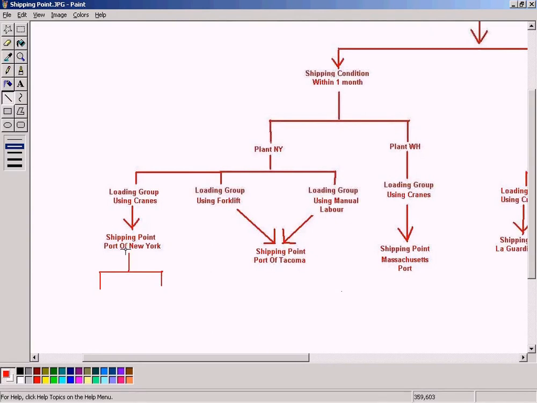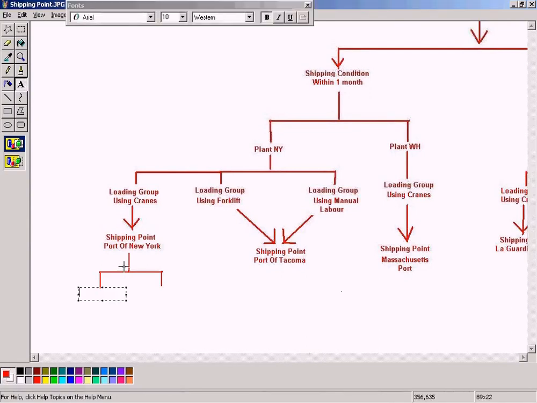Because a port will be very huge, probably a port will be sectionized into different sections. So in that case, if you want to represent each section in our SAP system, you can use loading point for that matter. Loading point, I have not been to Port of New York, so I'm not sure how it has been sectionized. So let's say